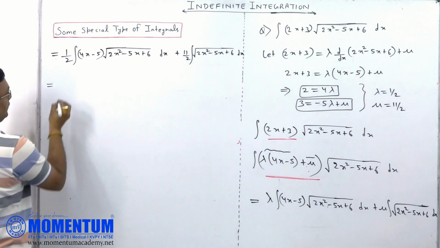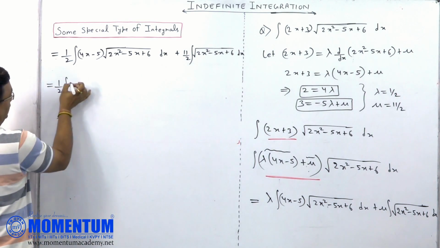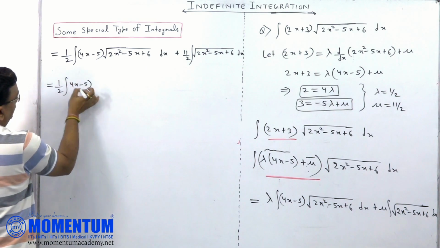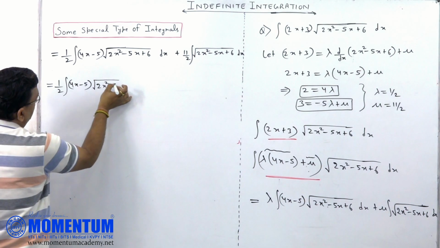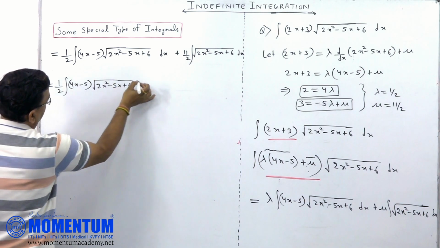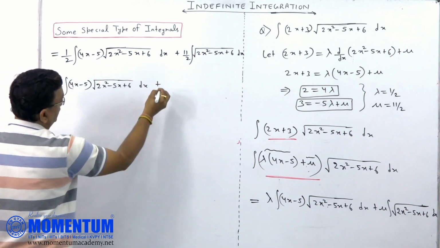Okay. So 1 by 2 integration of 4x minus 5 root over 2x square minus 5x plus 6 plus 11